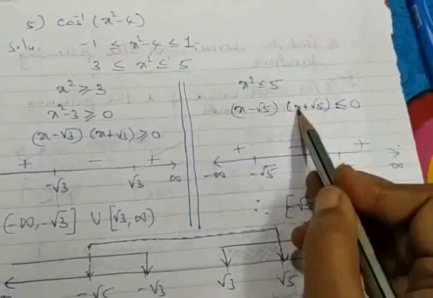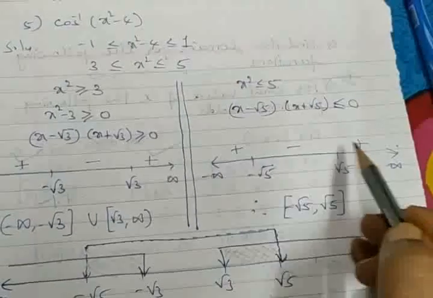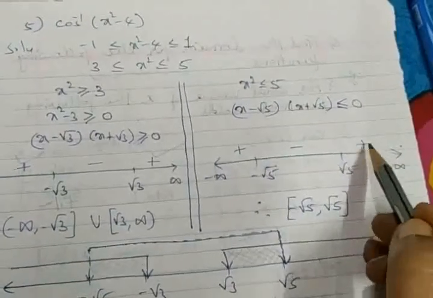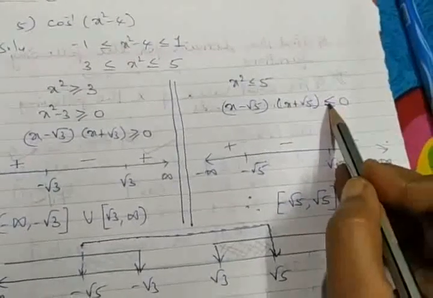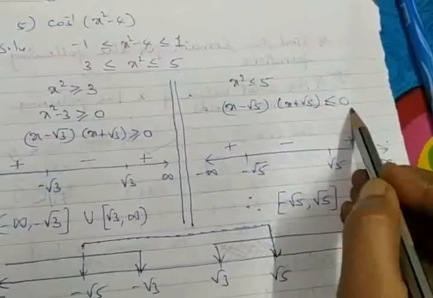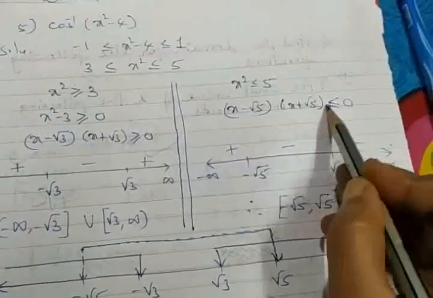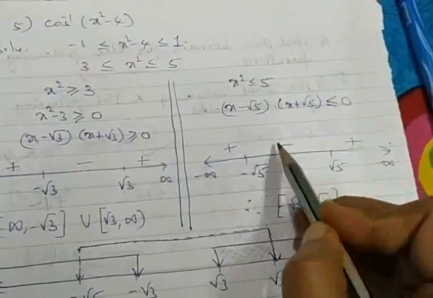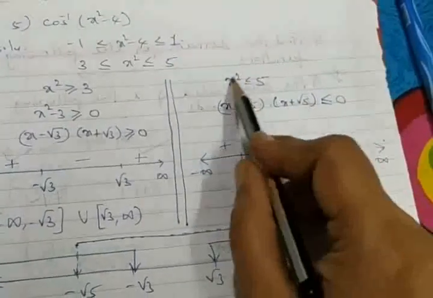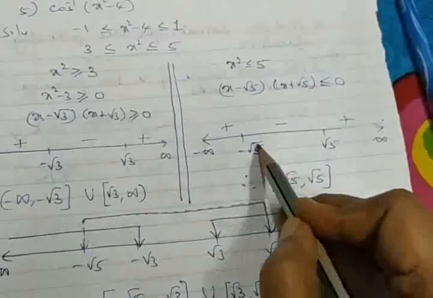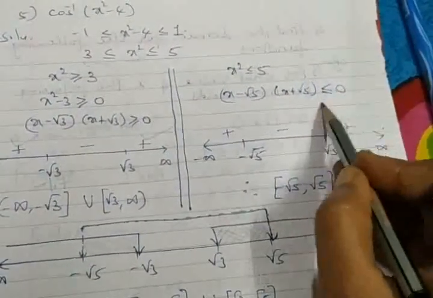In this interval the best option is 0. I put 0 here. It is negative, it is positive. I go for the negative conclusion. Choose here and check: put 7, put 8, you find the value positive. But what's my requirement? My requirement is negative, less than 0. So this interval is giving positive, and I need less than 0. This interval gives negative, so I go for this interval as the domain part for this inequality. It is minus root 5 to plus root 5. It should be a closed interval because equal to 0 is also there.